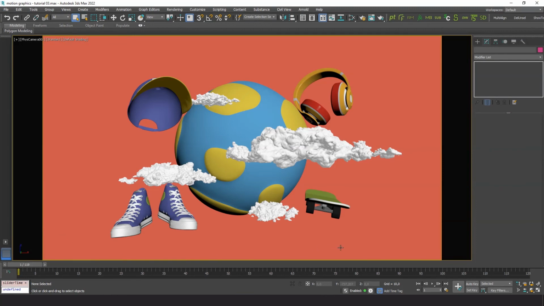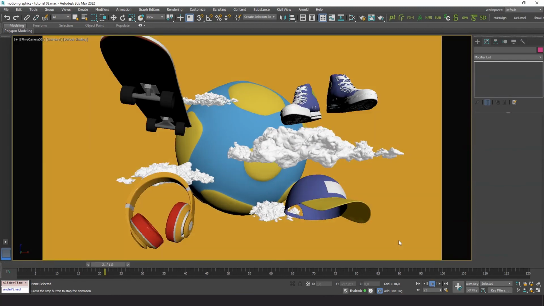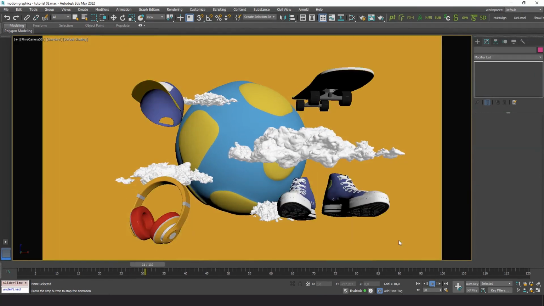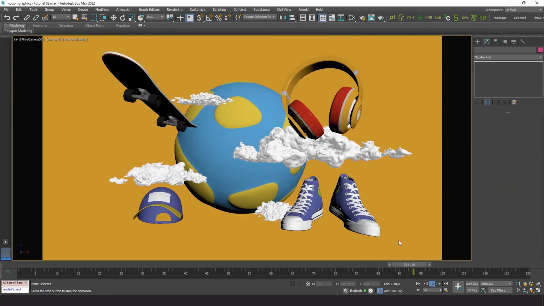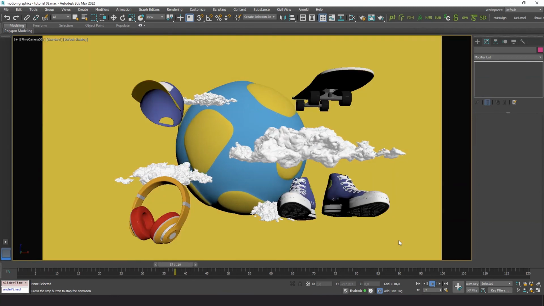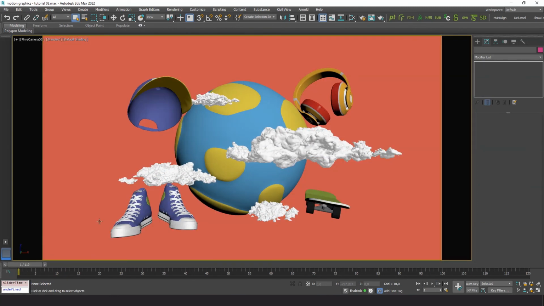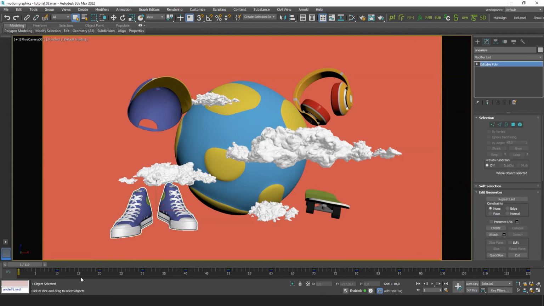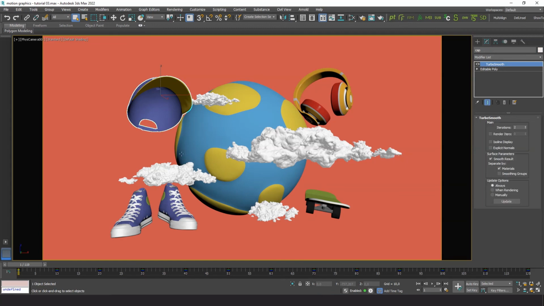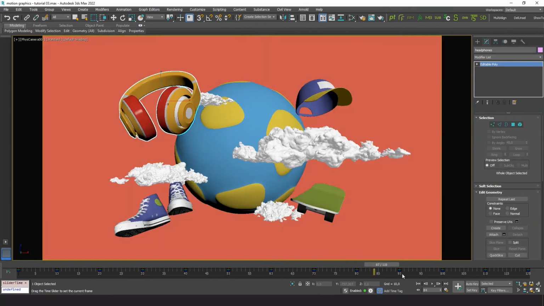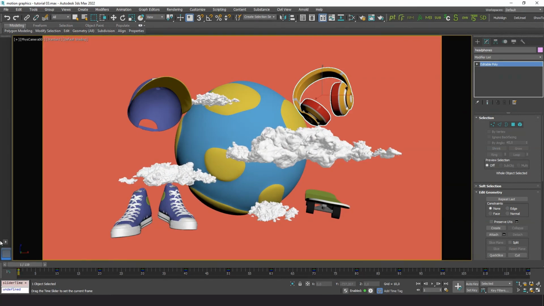Now let's play the animation. In this case, Random Mixer created position, rotation and scale keyframes for each of the objects. You can now continue to adjust the animation or make any changes you want, directly with 3ds Max tools.